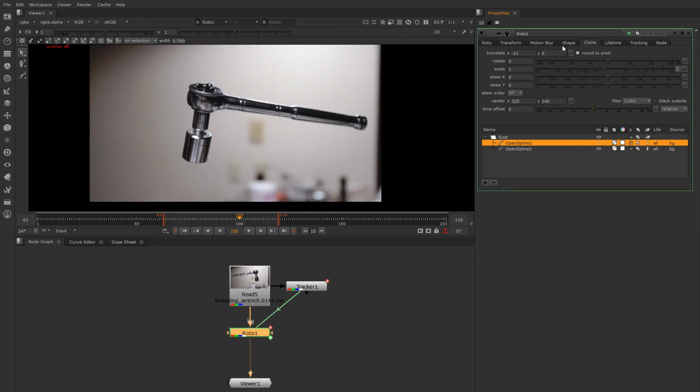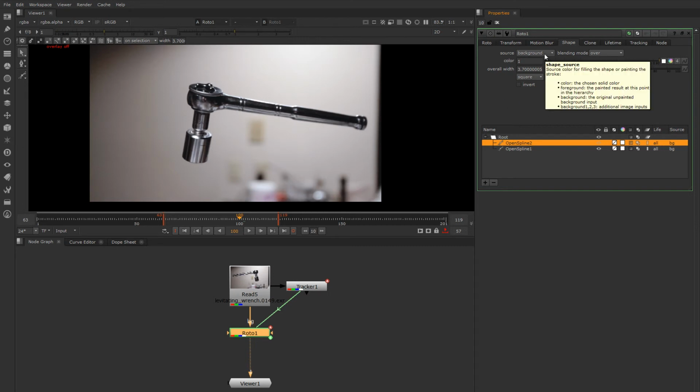So let's look a little bit more at the shape control just to explain some of this. There is a help pop-up tooltip that will tell you what each one of these modes actually mean. So color is just using a solid color. Foreground, the painted result at this point in the hierarchy. So that means if you choose foreground